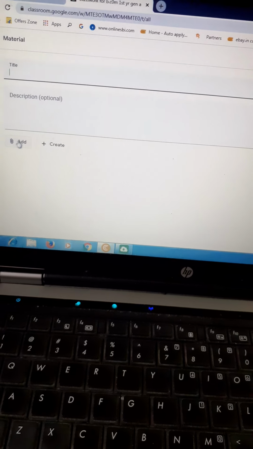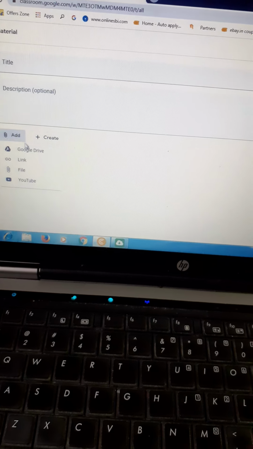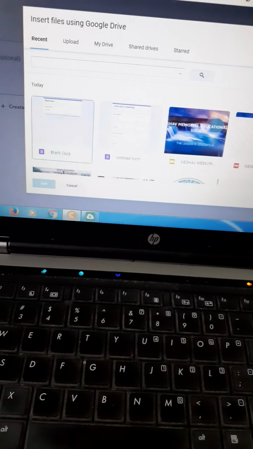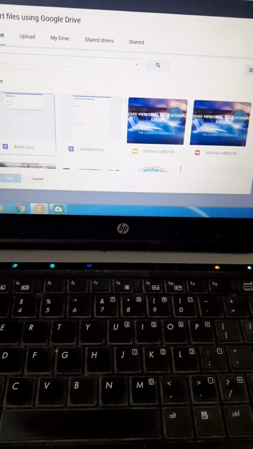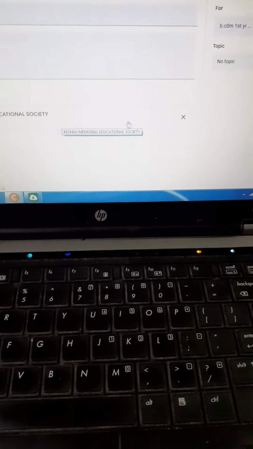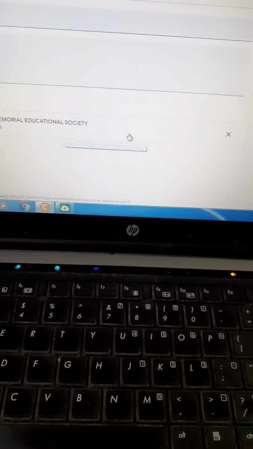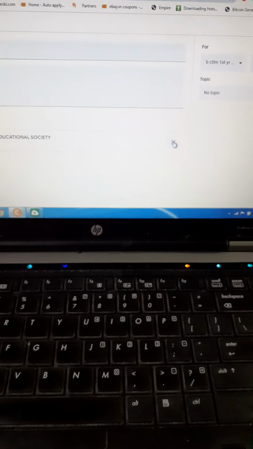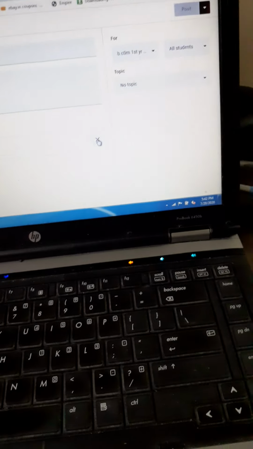In add also some options are there: Google Drive. In this Google Drive some material is there, that material I can send. Streams, Google Slides, so I can send to students.